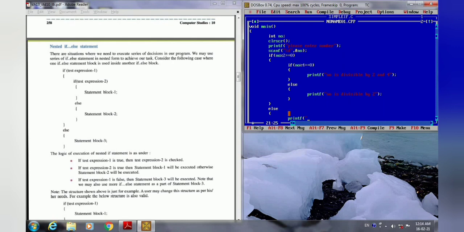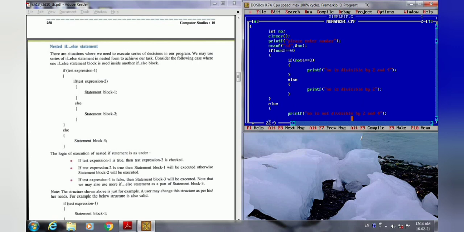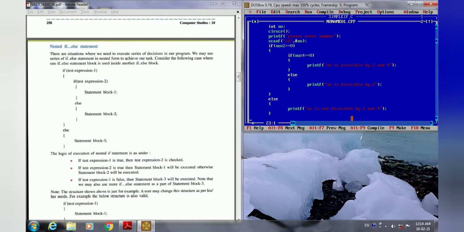And here ultimately we can say that the number is not divisible by 2 and 4. So here our program of nested if is over. You can compare our program syntax with the original syntax that you can see in our PDF file.